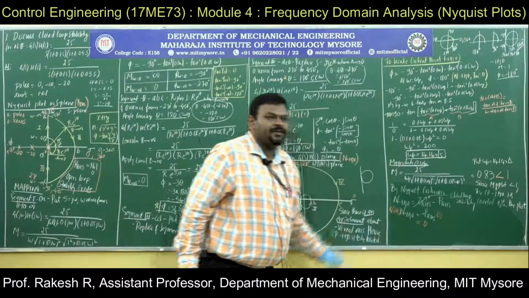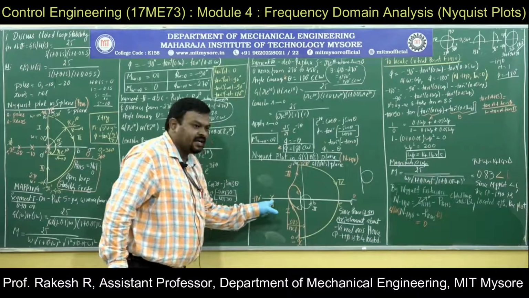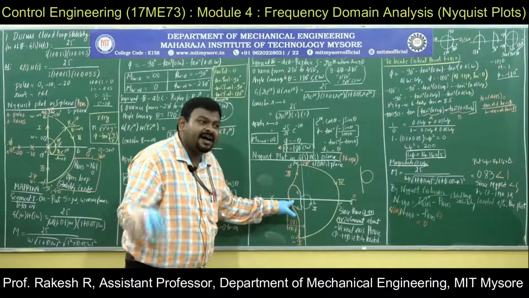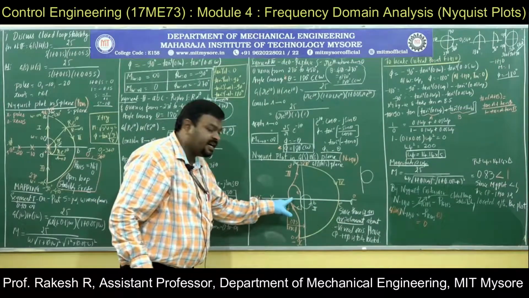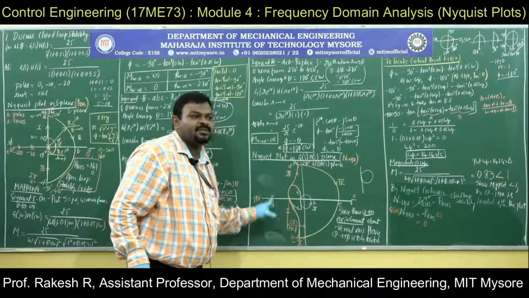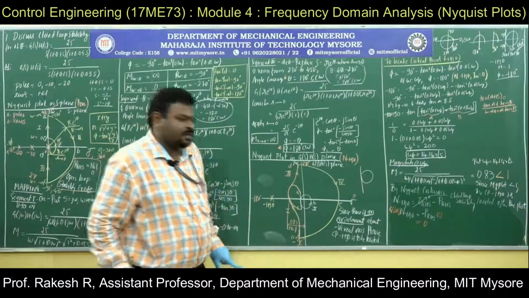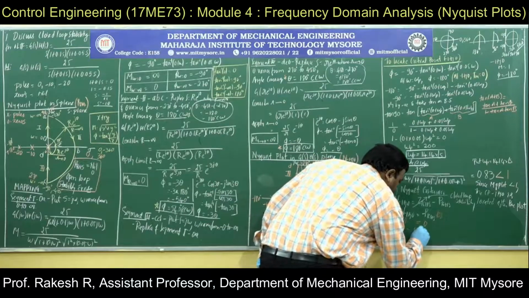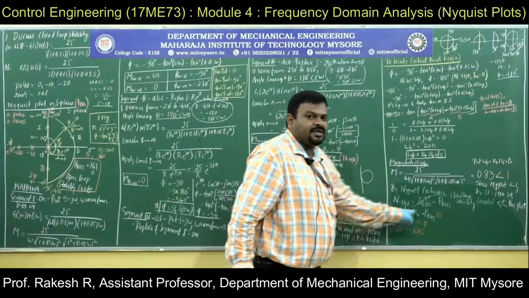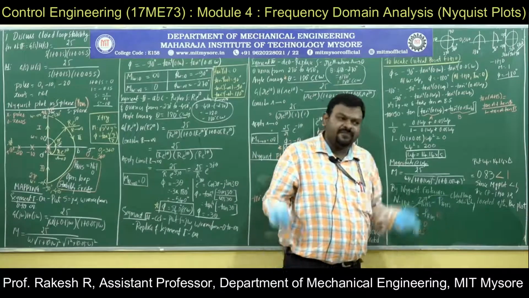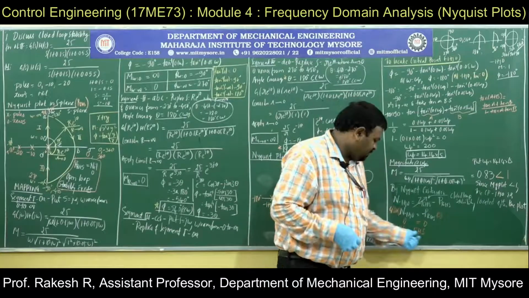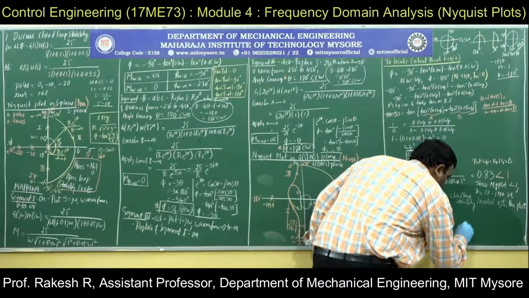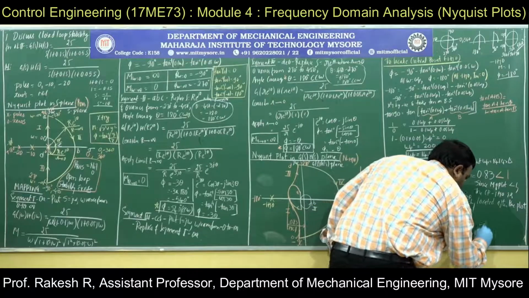And what is the encirclement about the critical point? Here, encirclement about the critical point. There are two encirclements here, but the critical point is located after this plot, because of which you won't get any encirclements here. So 0 is equal to 0, LHS is equal to RHS. If it is 0 is equal to 0, meaning Z_RHS, if you calculate, it will be 0. Since both are the same, the system is stable.